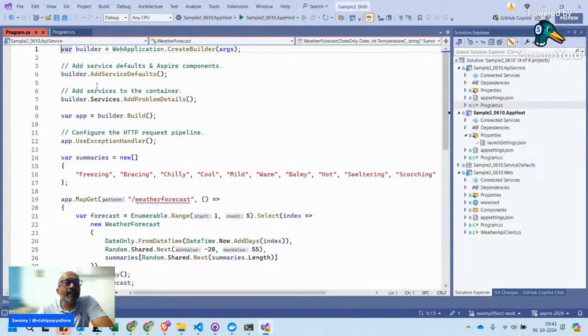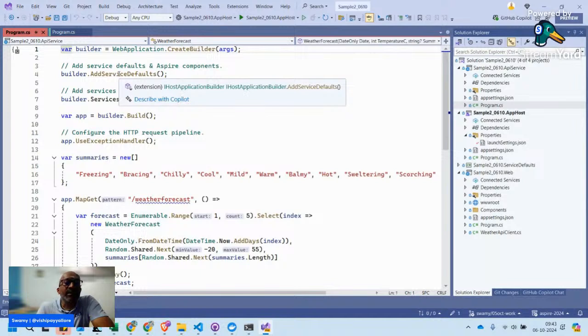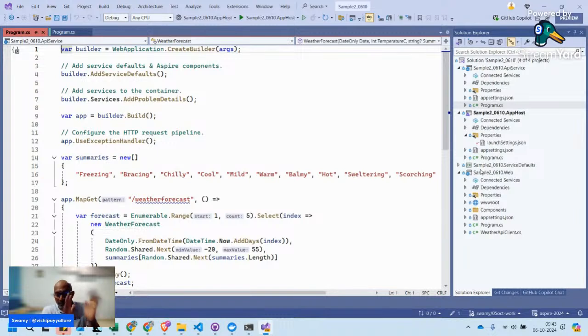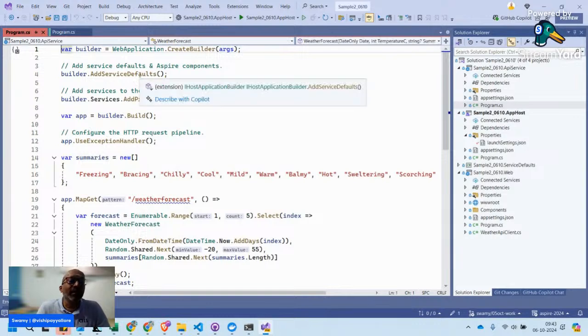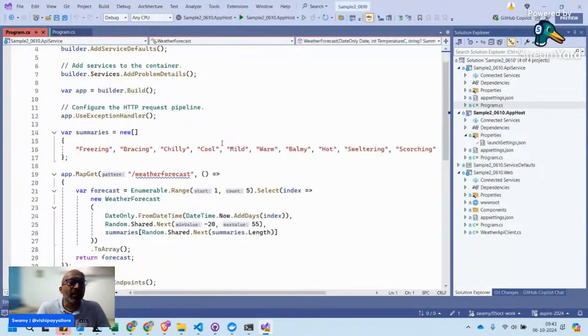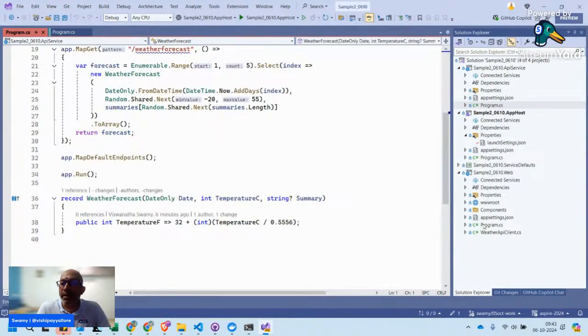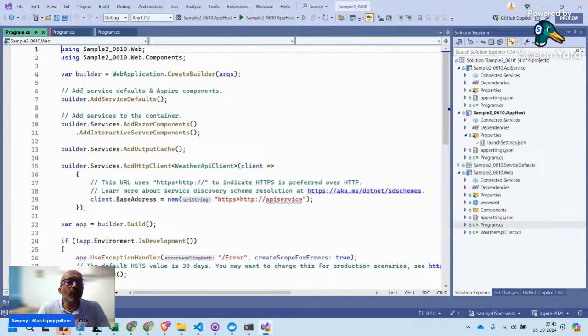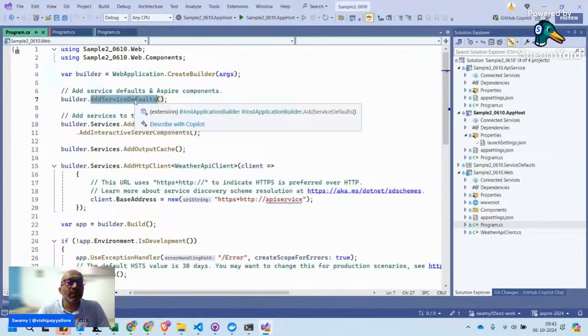So at least we'll see that we're adding add service defaults. That means whatever the resiliency, or I'm calling it common concerns instead of pronouncing it four or five words every time. All the common concerns which have been defined inside this service defaults, we are saying, okay, give me all those, and that's it from there. And here you can see we are saying service defaults, and we are saying here is the client,